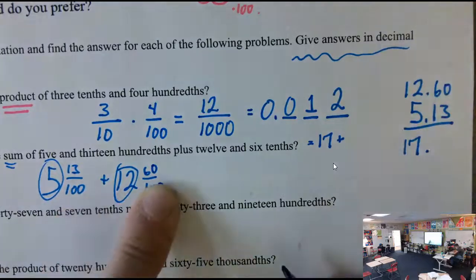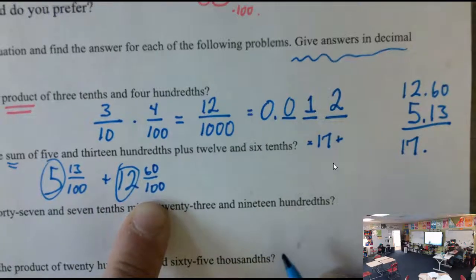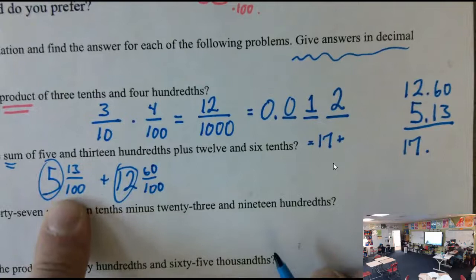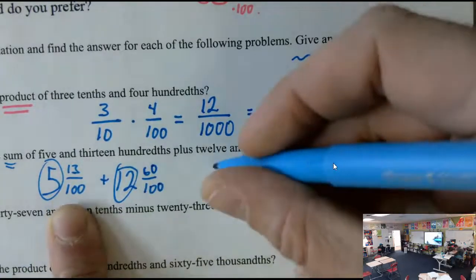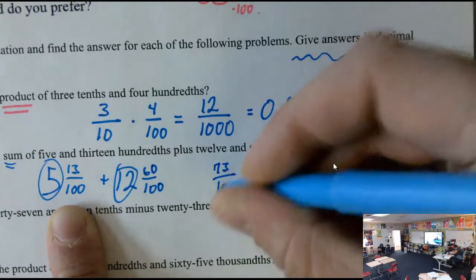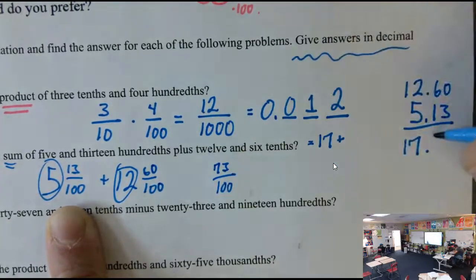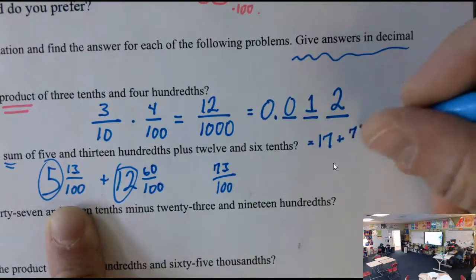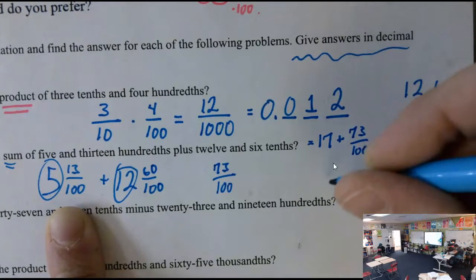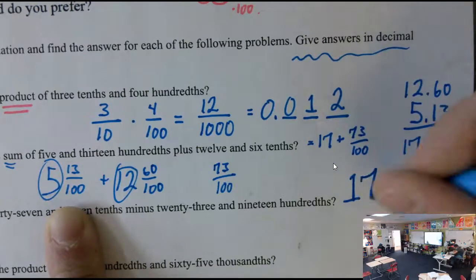When you add 60/100 with 13/100, we get 73/100, which is also what we would have gotten if we added up the decimals. So we have 17 and we have 73/100. So what we really have for our answer